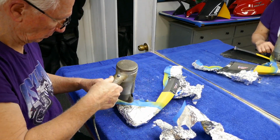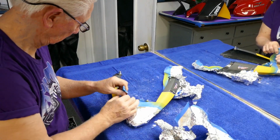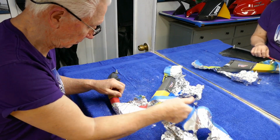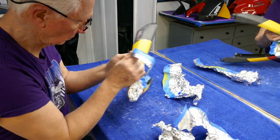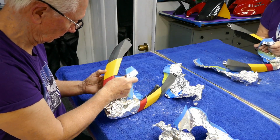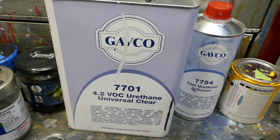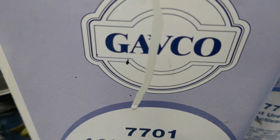That's such a good tip, and so many people don't know it, and they wind up in the middle of a paint job pulling up some fresh paint. Well, all I can say is keep the hairdryer right by the masking tape, and that's a trick worth its weight in gold. And the clear that we're going to use, of course,